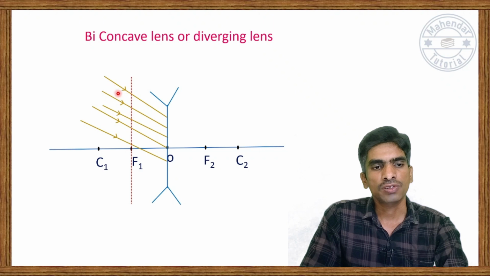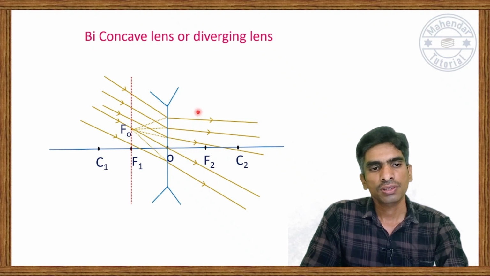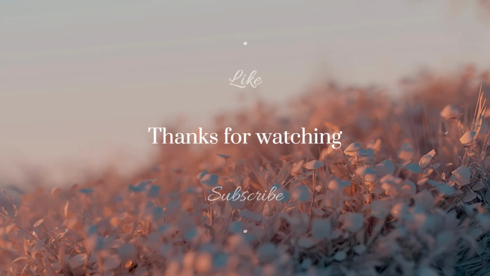Now we see here also the rays are making some angle with the principal axis. After these diverging rays coming from F0, meaning focal